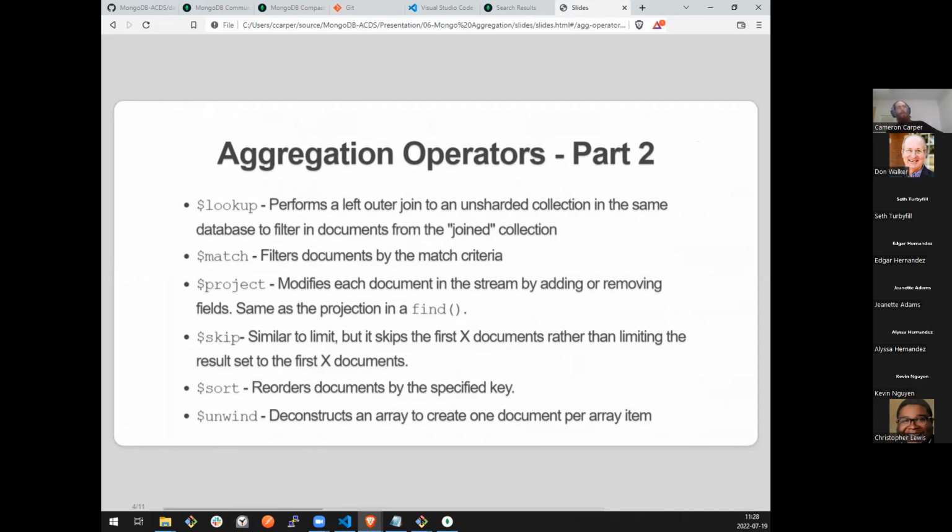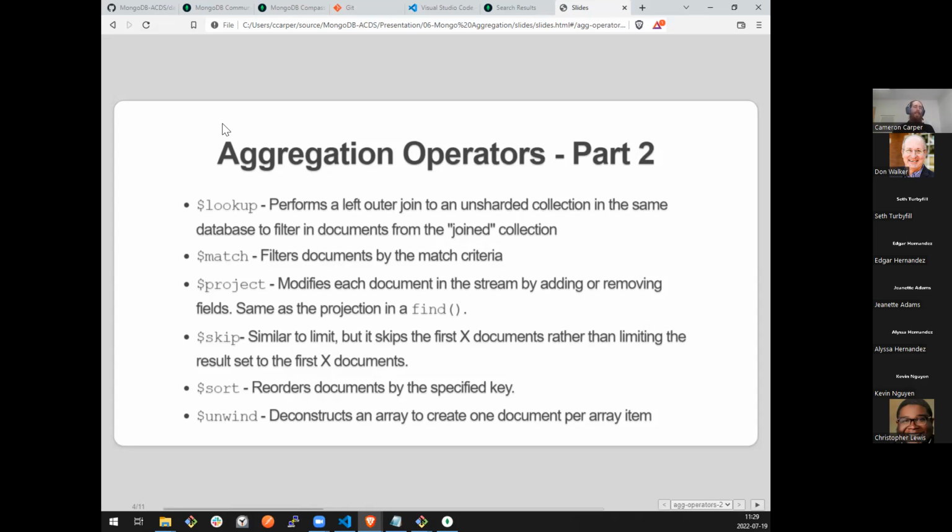Lookup is our quote unquote join operator. If you need to, I'm just going to use join, it's close enough. If you need to join one collection to another collection, then lookup is what does it. You should note it is only doing a left outer join.